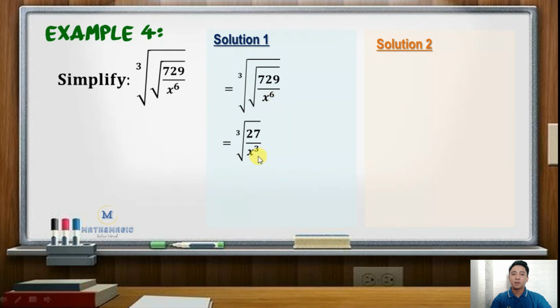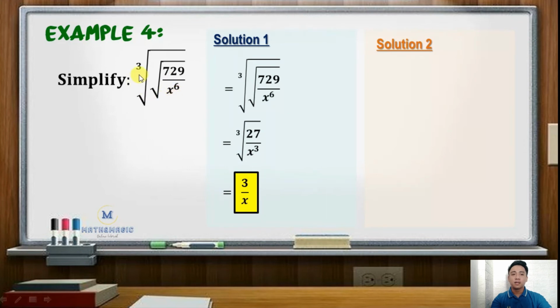Next is to perform the cube root. Cube root of 27 is 3. For x cubed, that is x. This brings us to the simplified form of the radical, which is 3 over x. Another method is by multiplying the indices. Then perform the operation. In the given, cube root of the square root of quantity 729 over x raised to 6,